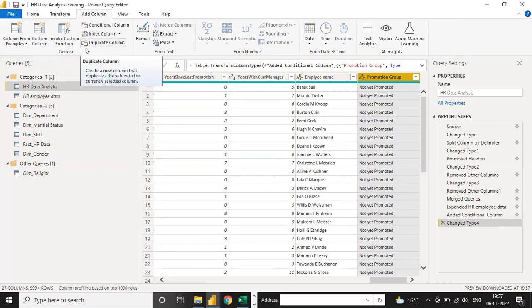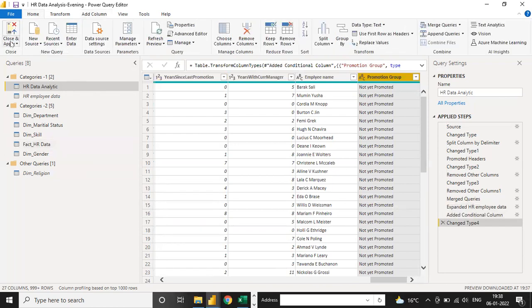After refreshing, it will go automatically to the Power BI view. Just close and apply, and after that this column will also go into the Power BI file.